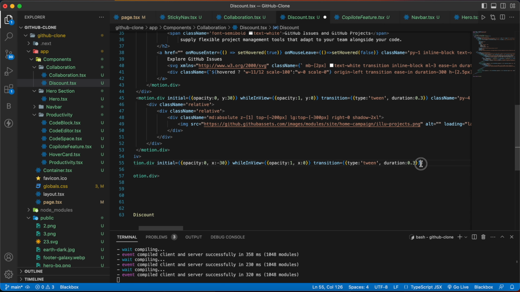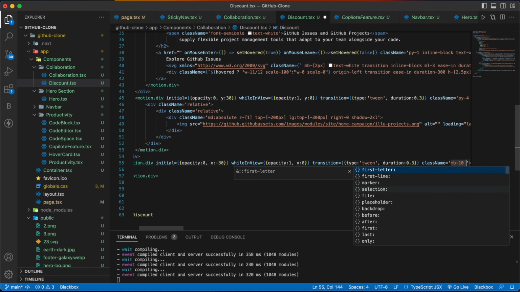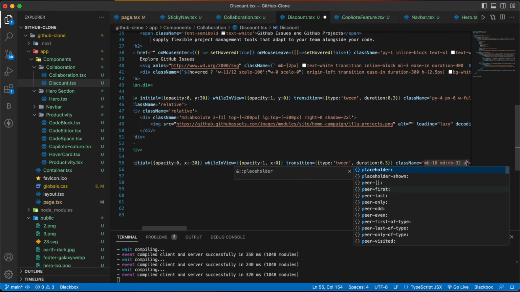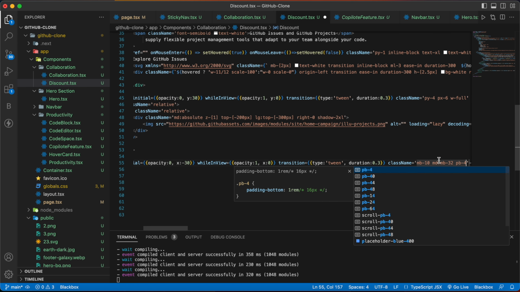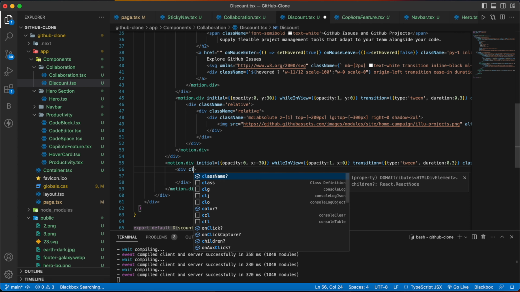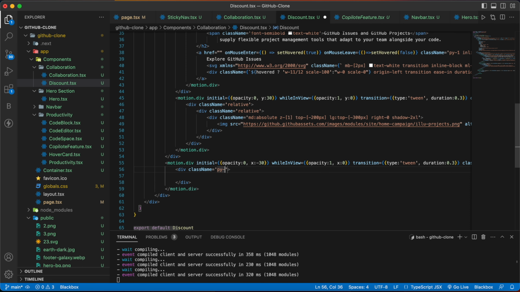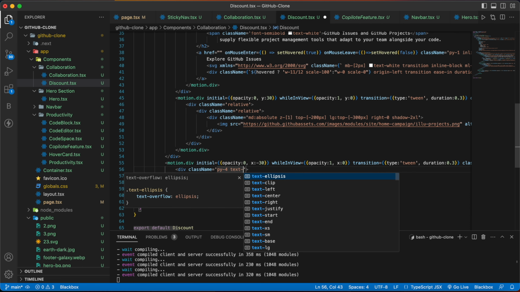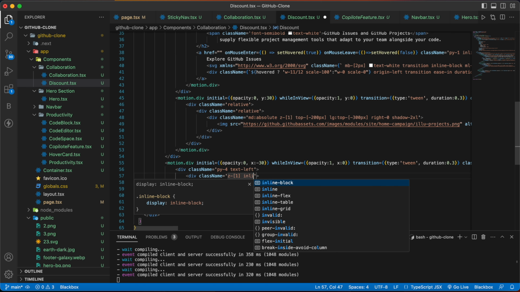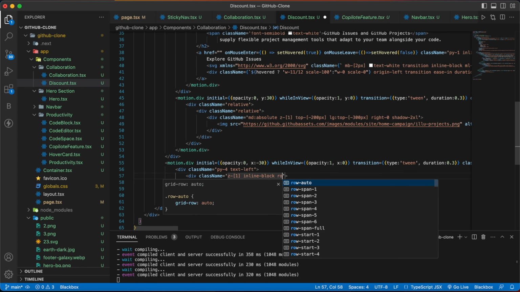Then here we are going to provide a class name with mb10, md, mb32, pb4. And now inside this we are going to have a div with a class name of py4, text left. We are going to have one more div with a class name of z1, inline block, rounded full,